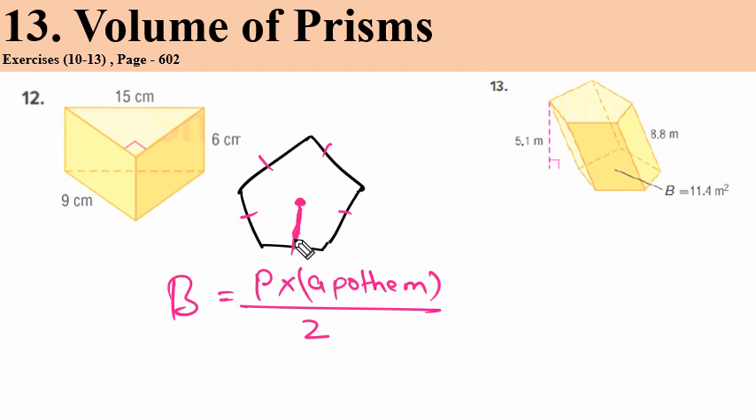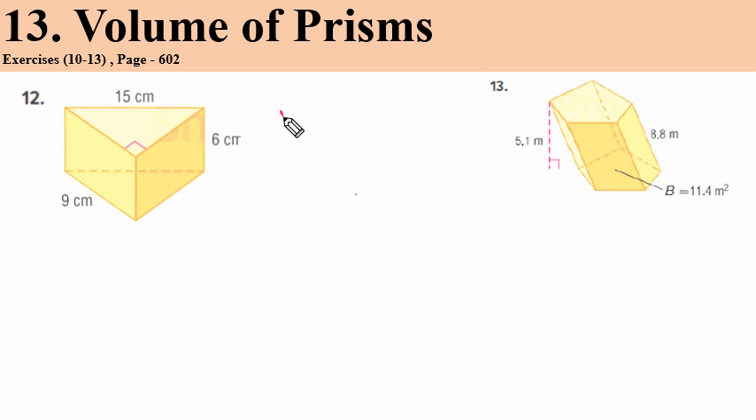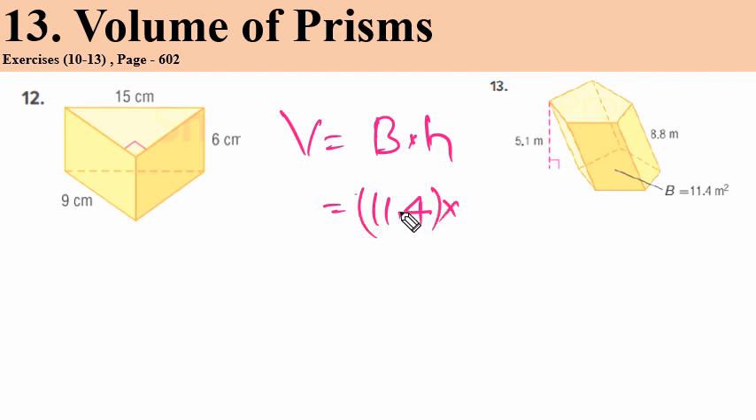Okay, this is your apothem A. You denote it by small a. So that's how you will find it if it is not given. But in this question it is given, so you don't have to worry about it. Now what you will do, you will use volume is equal to base area multiplied by height, and the base area is 11.4. Now this is one theorem, which is Cavalieri's principle: if the base area is the same along the height,